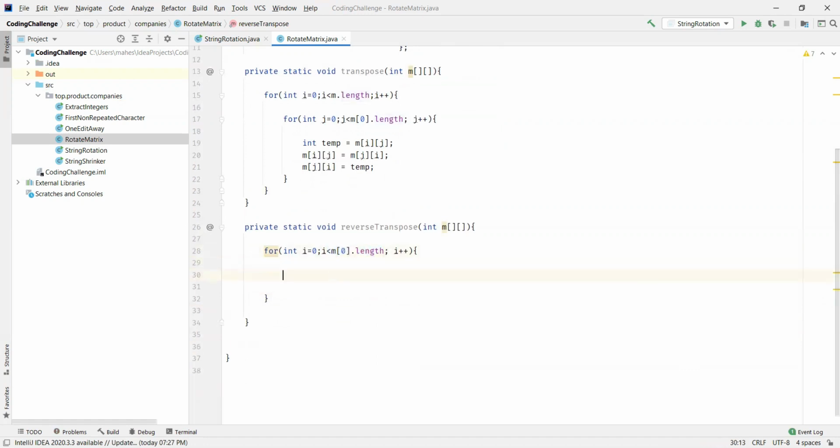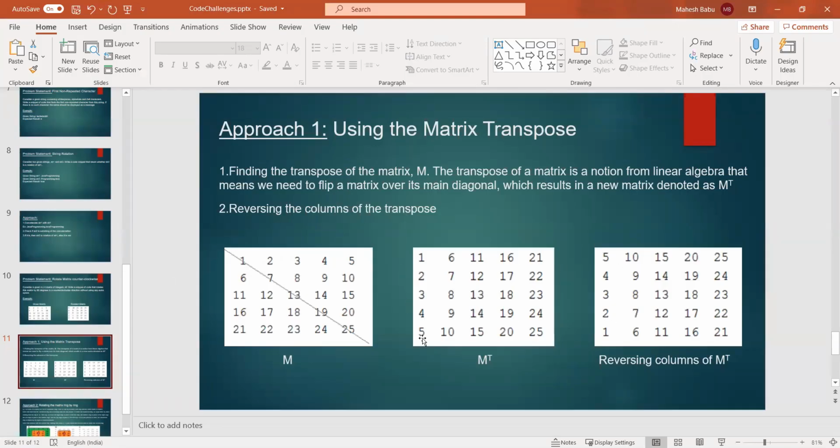And for each column, we want to swap. How are we going to reverse the columns? Let me go back. We are going to reverse the columns by swapping. You can see 1 2 3 4 5, so we'll swap 1 with 5.